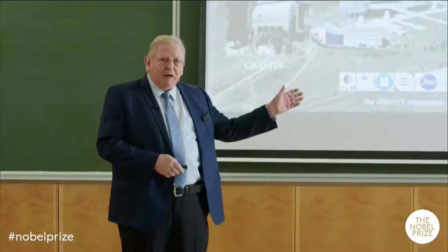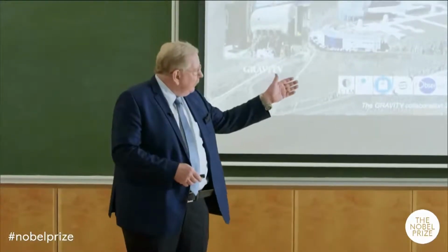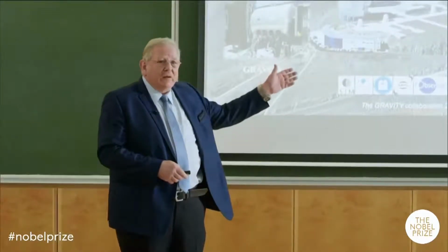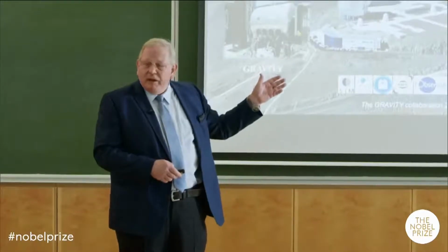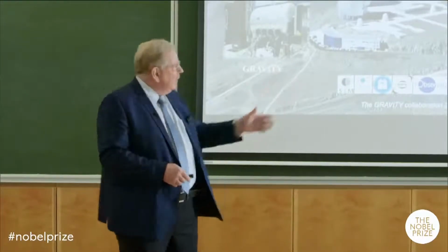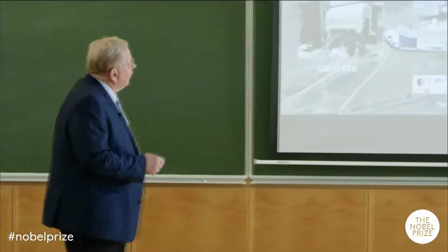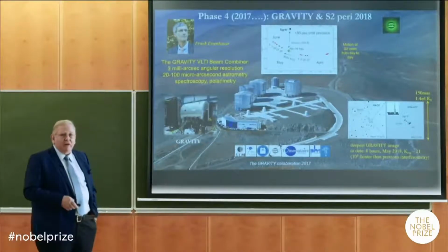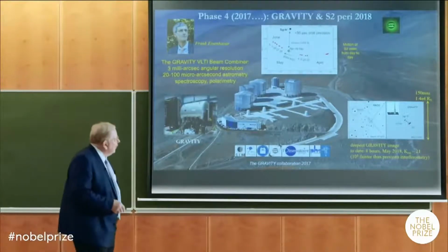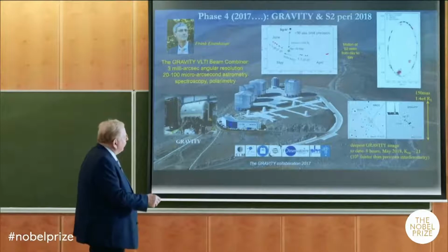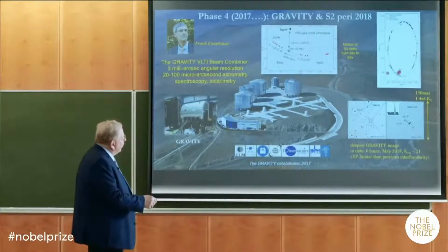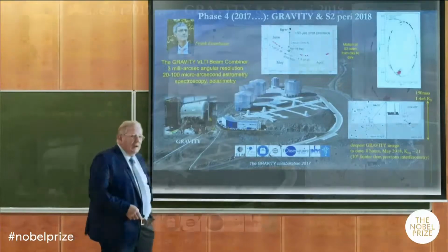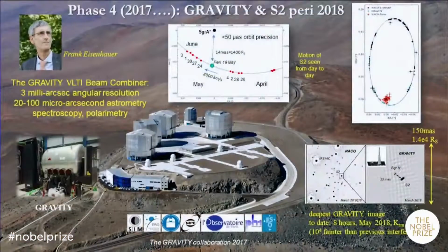So the experiment, in fact, is now conceptually very simple. You measure directly on the sky the separation between what you think is the center of mass and the object. Here, near peri, we could see the motion every day. Previously, we had to wait for a month or two. And we had a very precise definition of the orbital parameters of this ellipse, and thereby a high precision on the mass. And now we can begin to look for effects of general relativity.